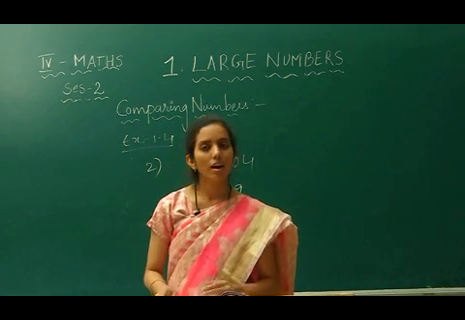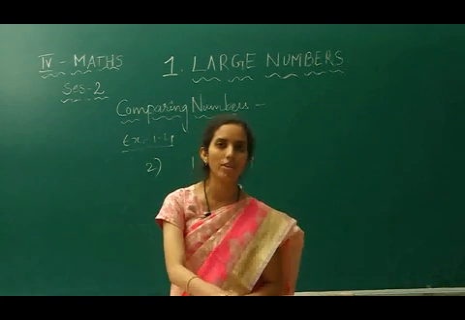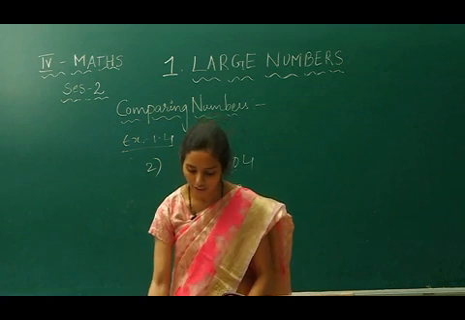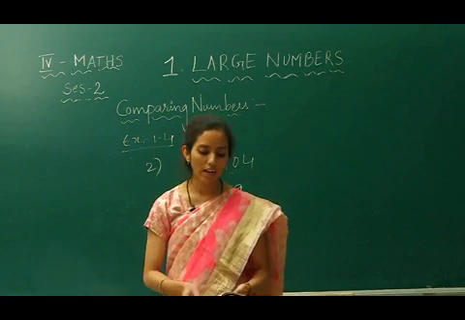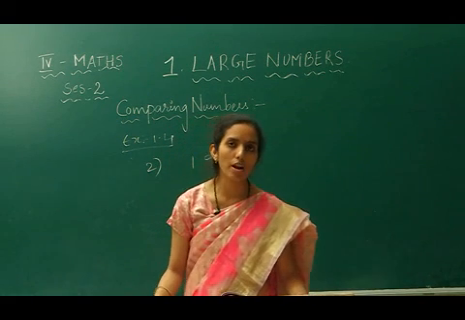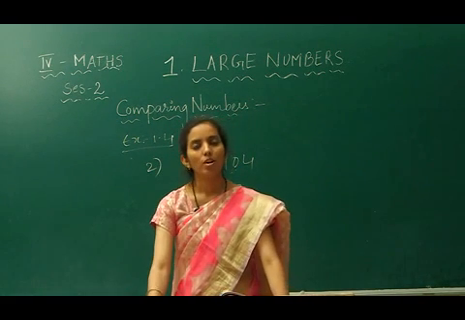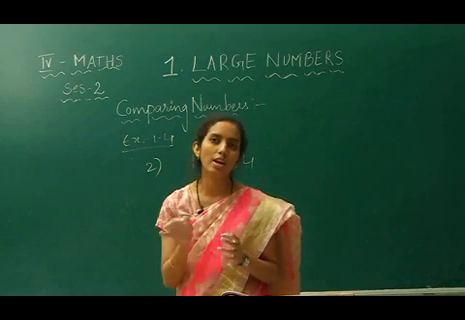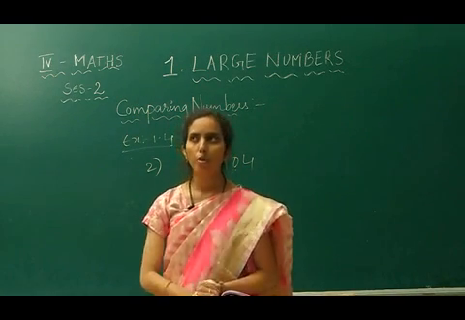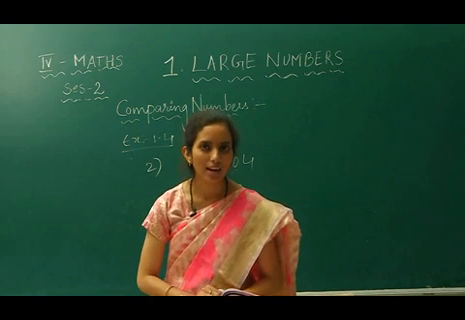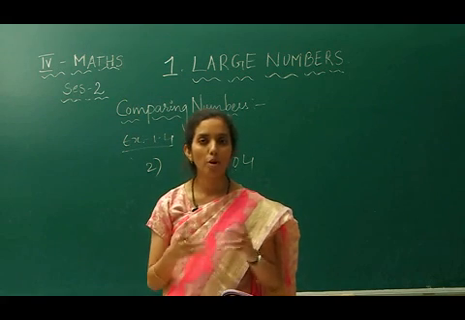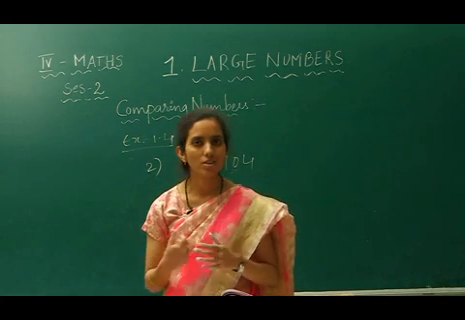Now, let us see the next topic, that is rounding up of the numbers. Why do we need rounding up of the numbers? We need rounding up of the numbers to tell approximate values. For example, what is the population of your town or city? What do you say? Do you count each and every person and tell the number? No, we do not do that. Then what do we say? Approximately it might be nearly 10 lakhs, or approximately 10 lakhs, or around about 10 lakhs, you say it.